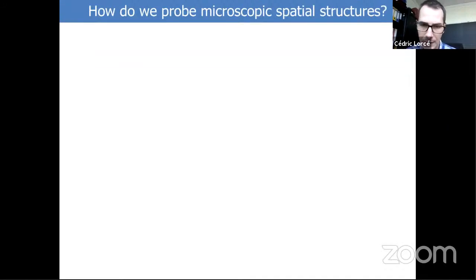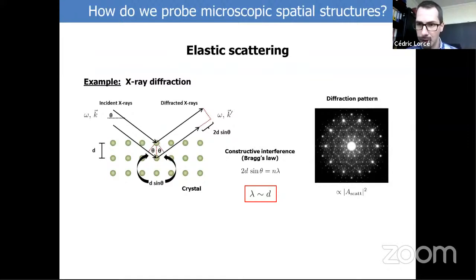So how can we do that? Essentially, you do elastic scattering. And this, most of you are probably familiar with. For example, if you do crystallography, you can do X-ray diffraction. If you want to know what the crystalline structure is, you shine X-rays on the crystal, and then each ion will scatter the plane wave. And depending on the position of the ion, you will have a difference in the path that will be followed by the plane wave. So we will have at the end for the observer an interference between the different scattered waves, which end up in a diffraction pattern like this.